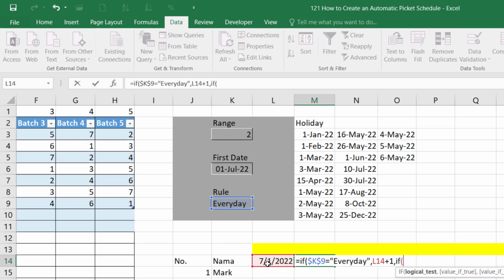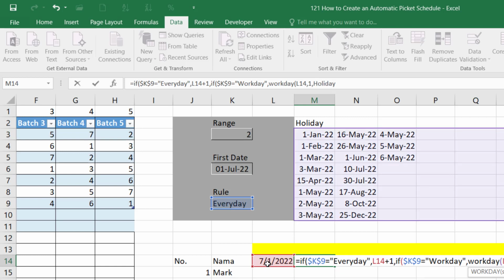If K9 equals workday, then the function is WORKDAY, start from L14 and first days and holidays use the function holiday. And then if K9 using the string function again equals everyday except Sunday,